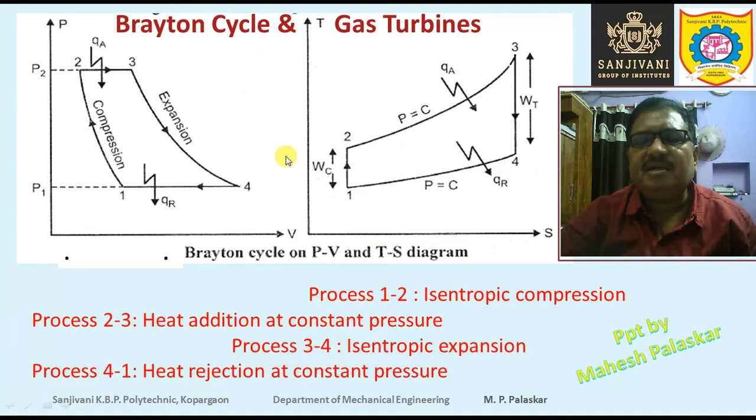But if the gas turbine cycle is open cycle gas turbine, then this line 4-1 is represented by dotted lines, or this curve 4-1 is represented by dashed or dotted lines. So you can draw the dotted lines like this instead of full lines, so that indicates the open cycle.